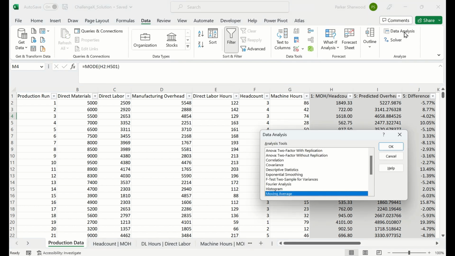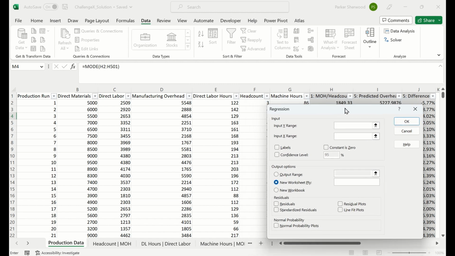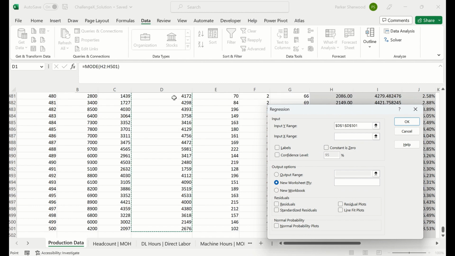So you open the Data Analysis Toolpack and then scroll down until you find regression, and then you press OK. Once this dialog box opens, we need to select our Y and X variables. I said in the instructions that the manufacturing overhead would be the Y range, and for the X range, that'll be